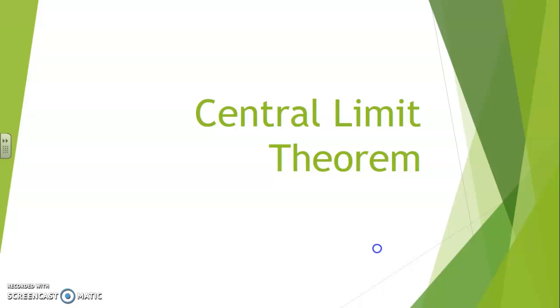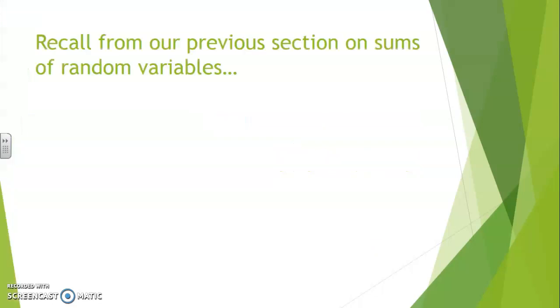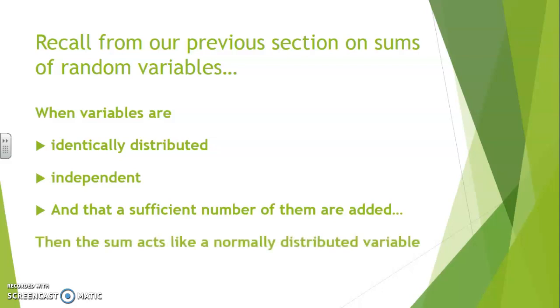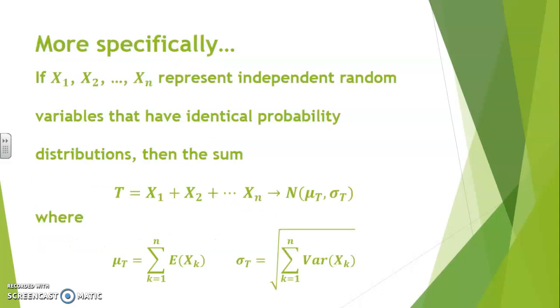Hello, in this video we are going to examine together the central limit theorem. Recall from our previous section on sums of random variables that if variables are identically distributed, independent, and if a sufficient number of them are added together, then their sum acts like a normal distribution. More specifically, if x1, x2, xn are identical and independent random variables, then the sum, called T, of x1 plus